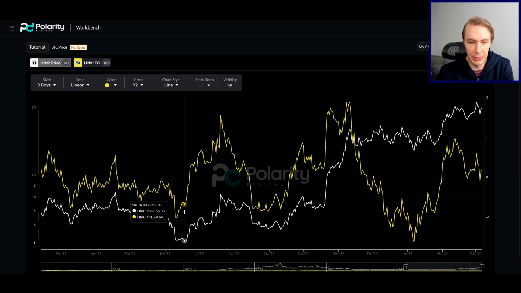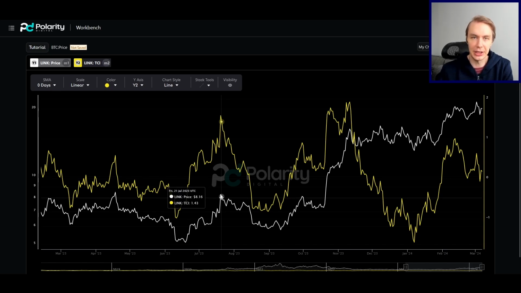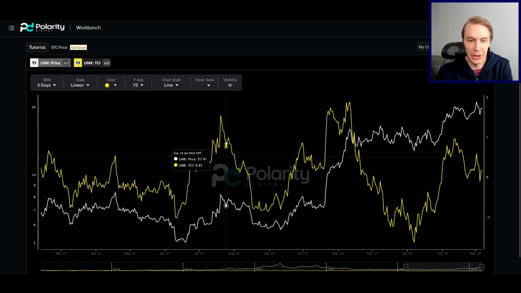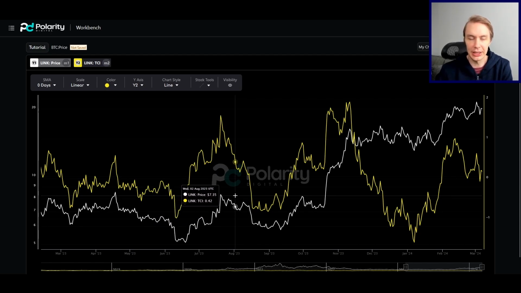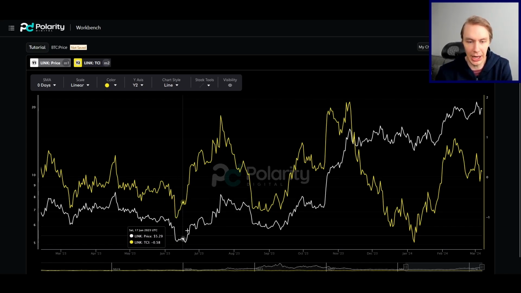So the way that you can read this model is that if the TCI is trending along with price, then that's a good sign, in the case of an uptrend, that that rally can continue. But then if you see the TCI start trending down, that suggests that that rally is either over or is going to be weakening, and that any continued upside is probably going to be relatively limited relative to what you just saw in the past with the rally.